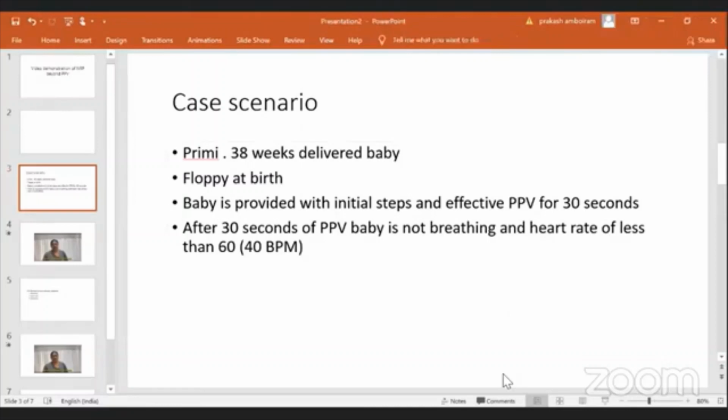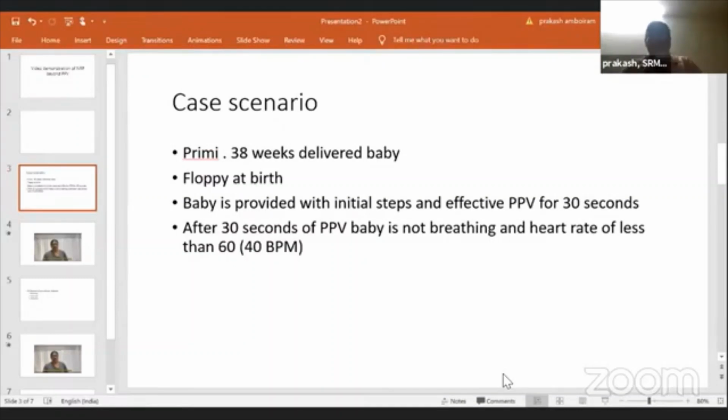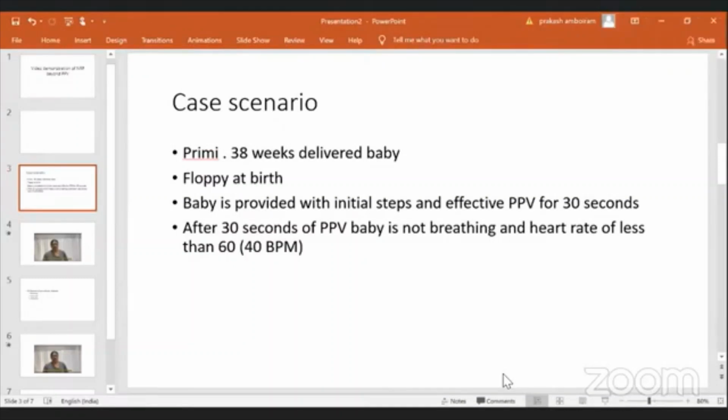So the video I'm going to demonstrate is on resuscitation beyond the initial steps. This is a case scenario where there is a primi mother who delivered at 38 weeks and the baby was floppy at birth. The baby has been provided with the initial steps of resuscitation, followed by PPV for 30 seconds, and then followed by